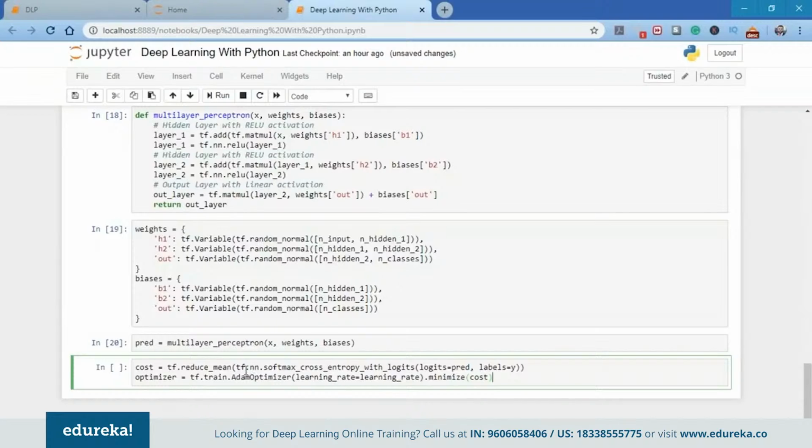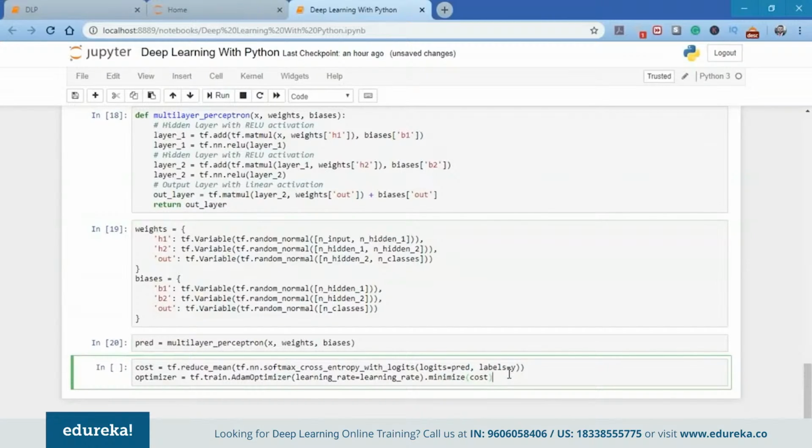So if I have a close look here, I'm going to use tf.reduce_mean so that we can reduce the cost. We're using the neural network softmax cross-entropy function here. And for the optimizer, we are using the Adam optimizer. It's up to you. You can use the gradient descent optimizer as well as any other optimizer for training the data and training the models.